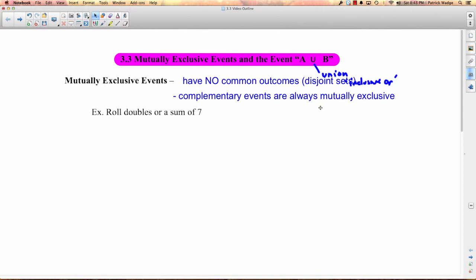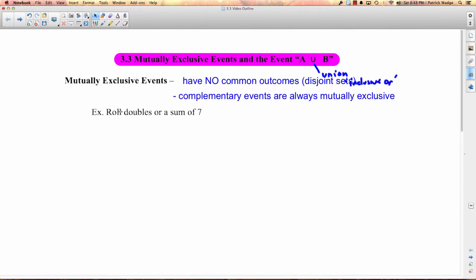Ooh, how's that for confusing? For example, if you imagine flipping over a card and getting hearts, or flipping over a card and getting clubs, those are mutually exclusive. You can't turn over a card and get hearts and clubs, right? But the hearts and the clubs are not complementary, because there are even more things that could happen. You could flip over a card and get diamonds, or spades. Okay, think about that, a little bit confusing.